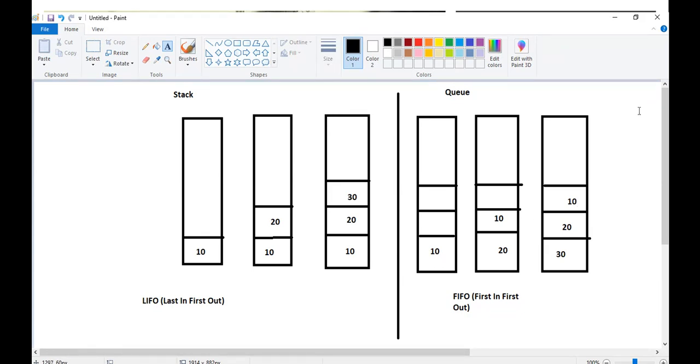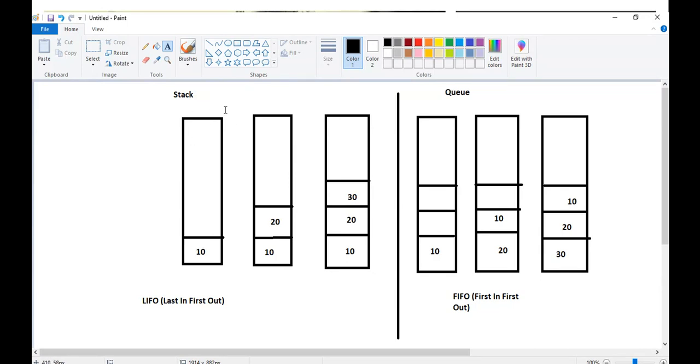There are two ends available in case of Q. So in case of Q, both ends are open, whereas in case of stack, one end is closed. Let's say this is the fixed boundary, the last one, and this is the open part of it.